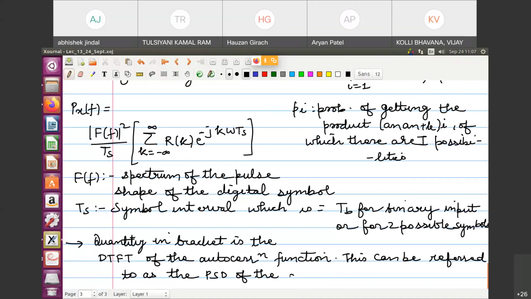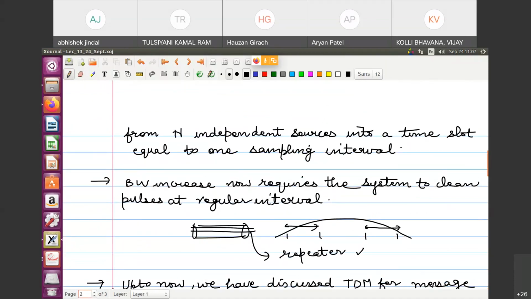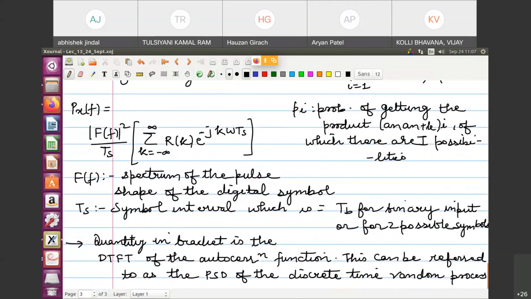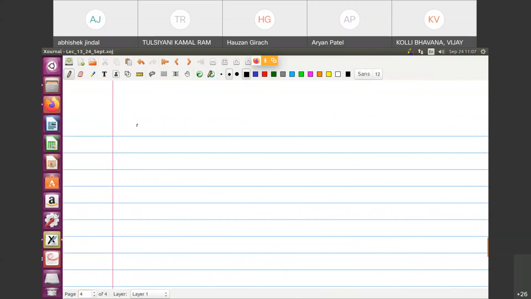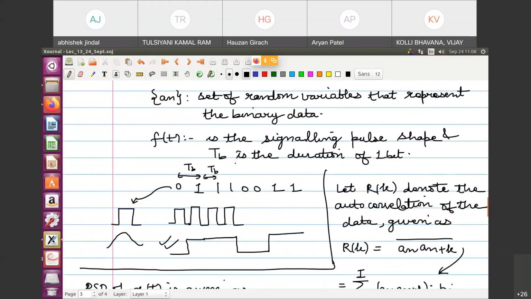Of the discrete time random process A of n. Okay, so now the observation which I wanted to write is that the PSD of the baseband signal, that is, the signal which you generate immediately after having the bit sequence, this signal x of t